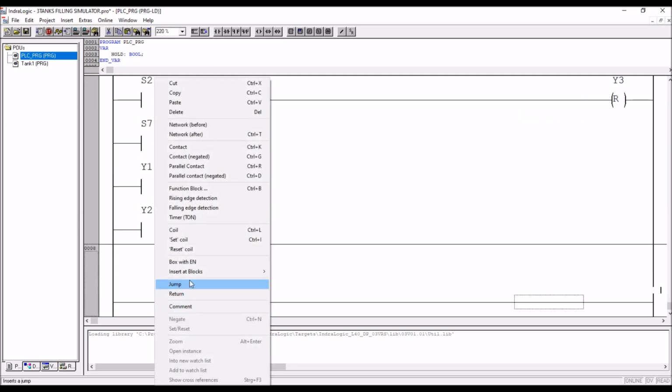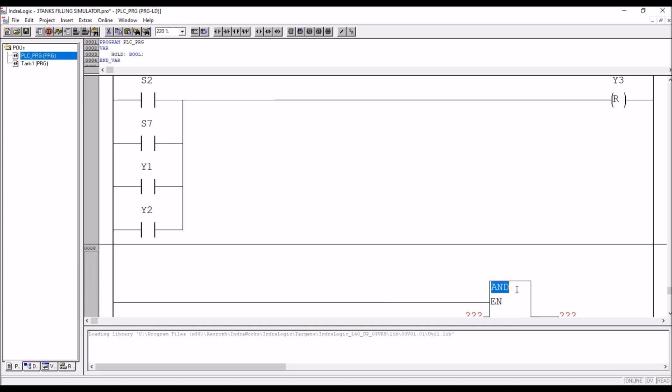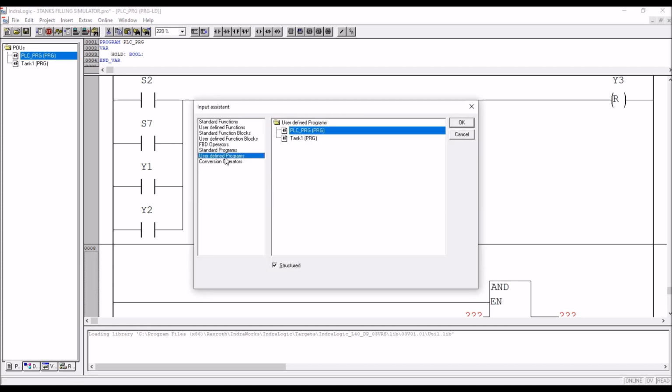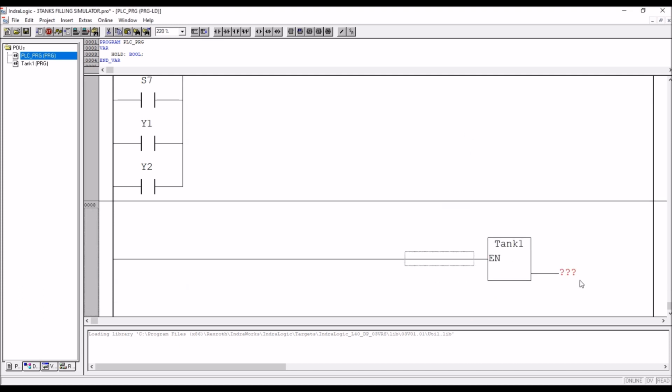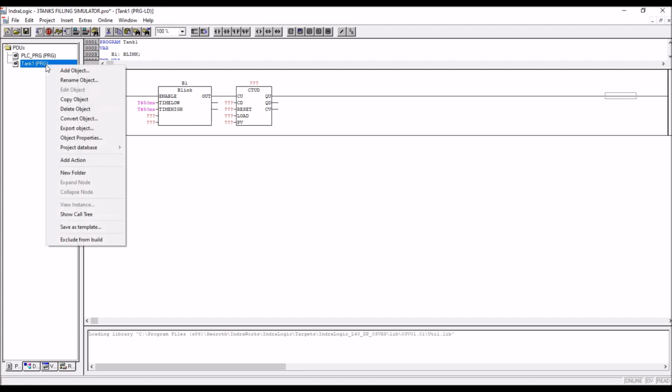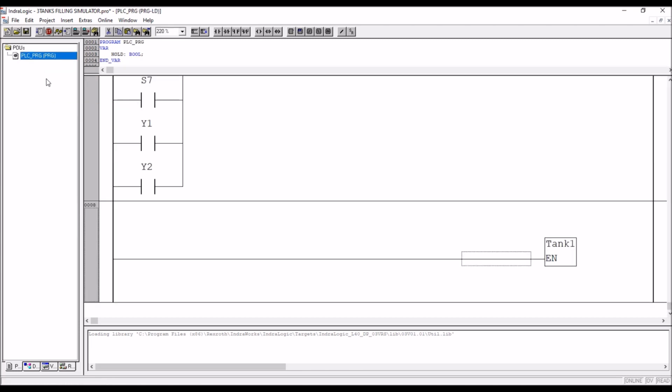Still here box with EN, then F2 you have to type, and then user defined programs. This is a tank one. Tank one is a sub program. I have called it because it is not taking the library. Blink option is not coming here. It's okay. What we'll do is, see, this will be confusing for you. This is little advanced. So I'll go to the main program, and here,